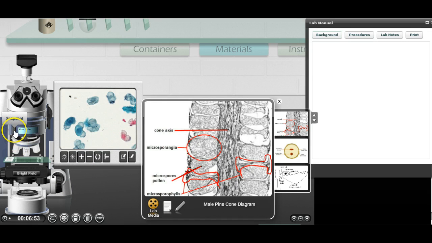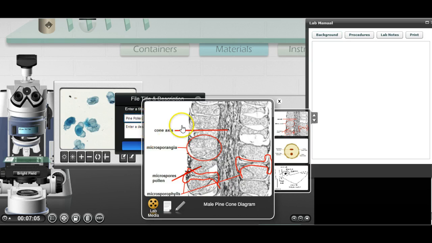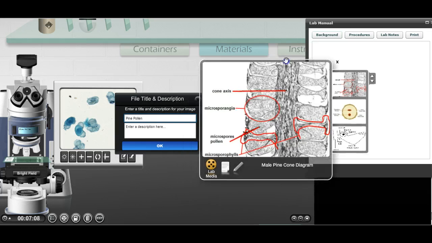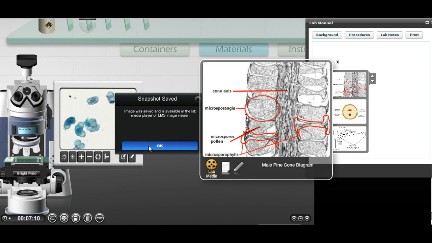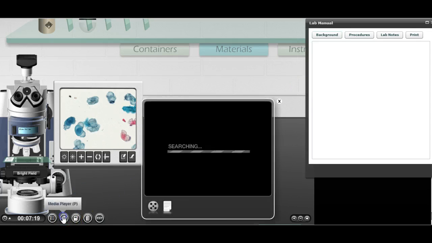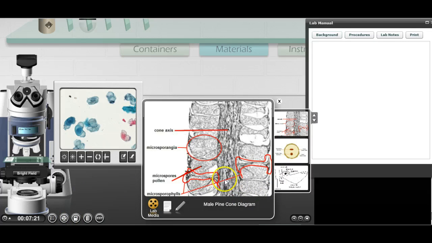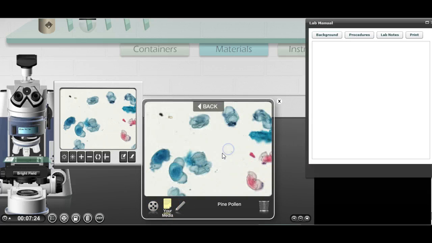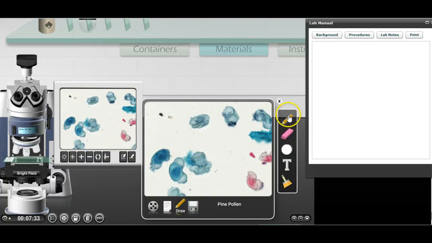So I want to get a snapshot of that, and I'm going to label this as pine pollen. Move this out of the way. Okay. Now, once again, I probably need to close this, reopen it, so that I can find it in your media. There's my pollen shots, and I want to label this right here